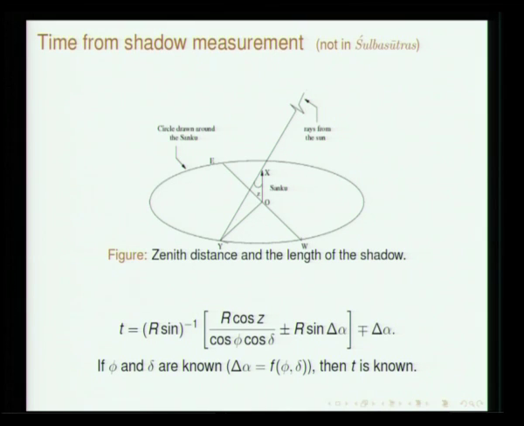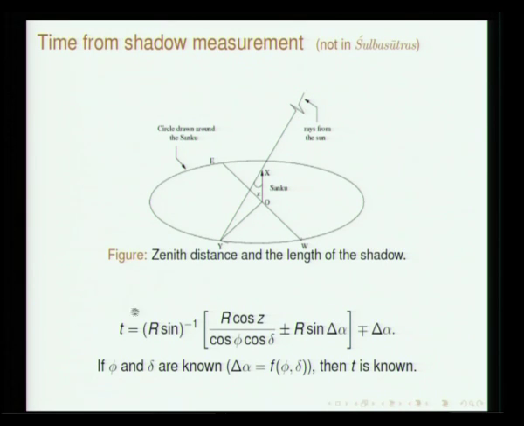Okay. So, this is a slide which has been prepared based on a certain verse given in an astronomical work called Tantra Sangraha, which Professor Sriram and I were studying at some point of time. This is a very interesting formula. It is a fairly complex formula which involves a lot of trigonometric functions and the inverse of trigonometric functions.